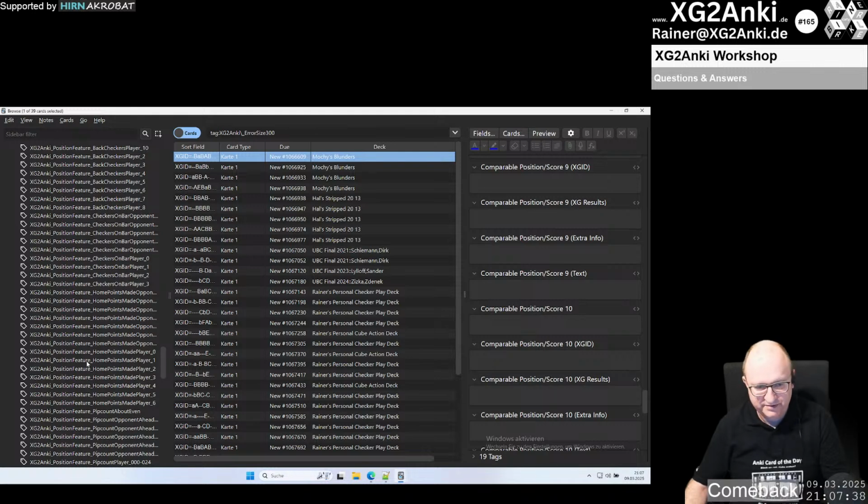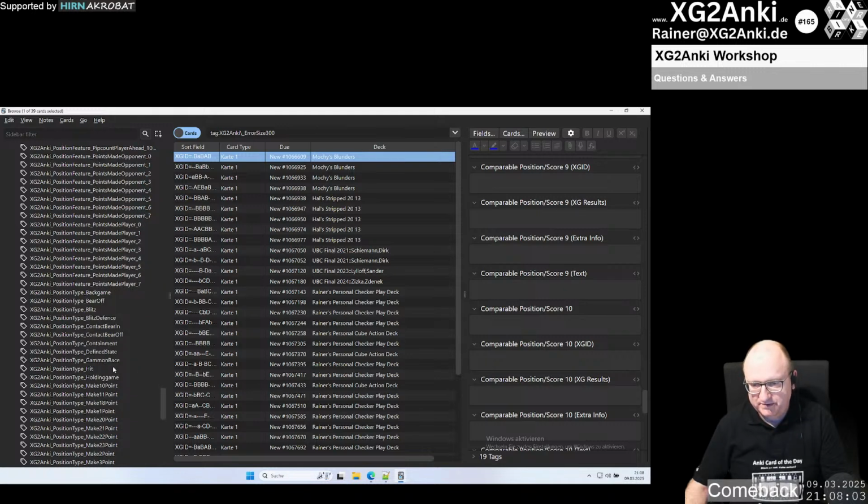I don't want to put you to sleep now, but just go to the browse window, and if you want to start filtering, look at what's there, and then I'm sure you get ideas how you can create filters. Number of homeboard points made by the player or by the opponent, pip count range, position types,